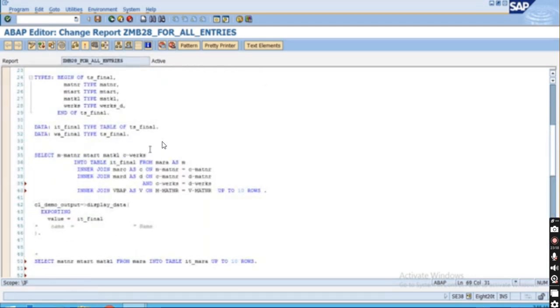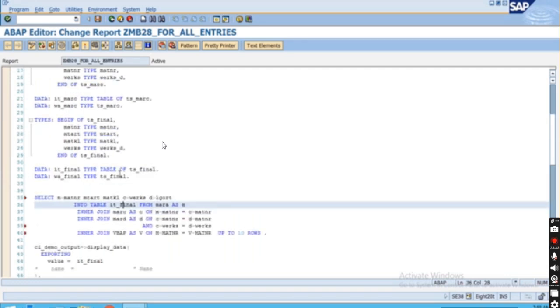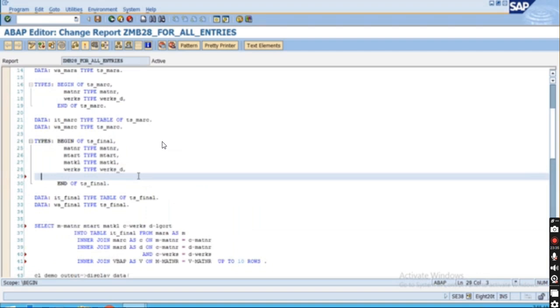Let's do one thing over here, because I'm using this MARDI table, I want to fetch some data from the MARDI table. So I'm going to fetch the storage location in my final table. And in the final table I will have to add one more field over here, LGORT, because I'm now selecting the